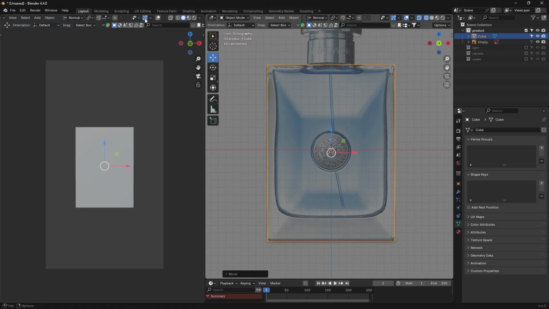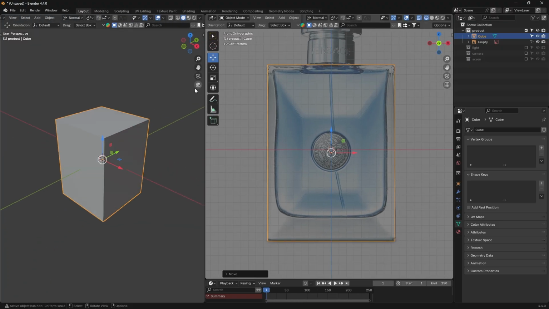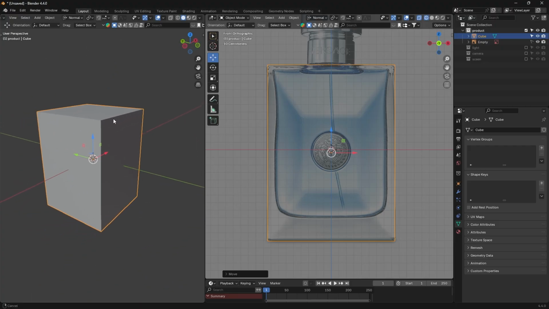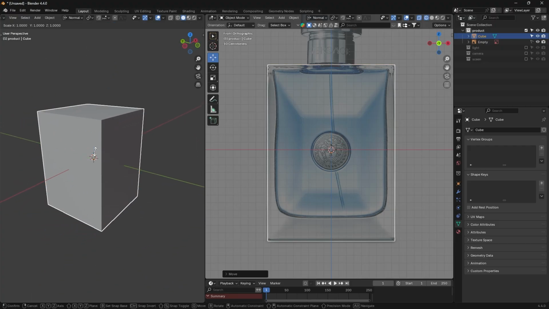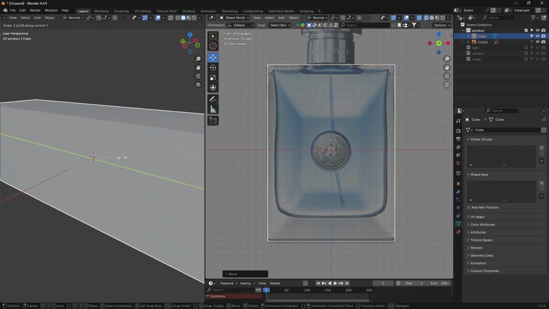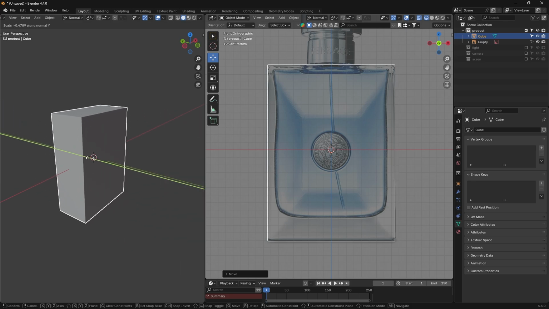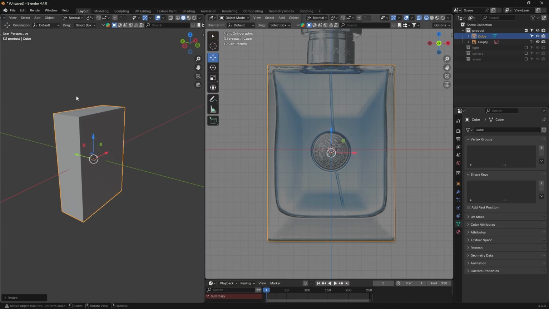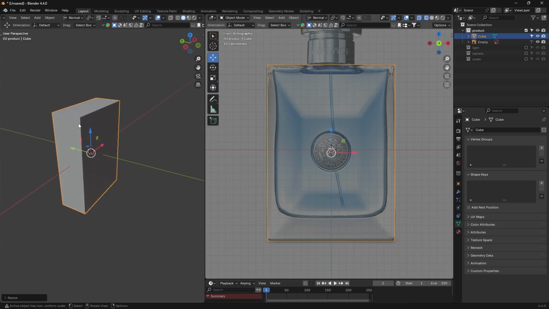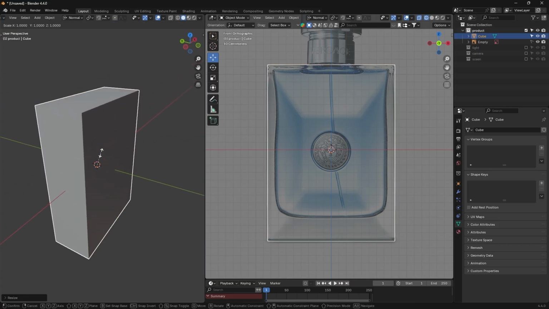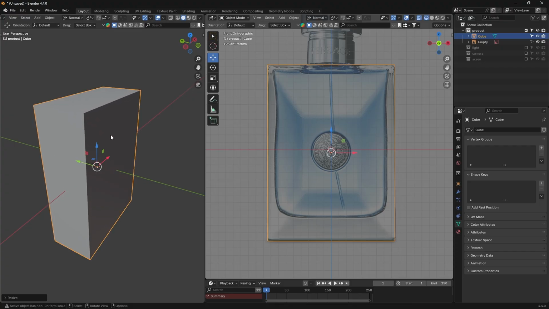Let's go to our second viewport and let's scale it on the y-axis. Okay, I think this will be enough, or maybe just a little bit. Okay,